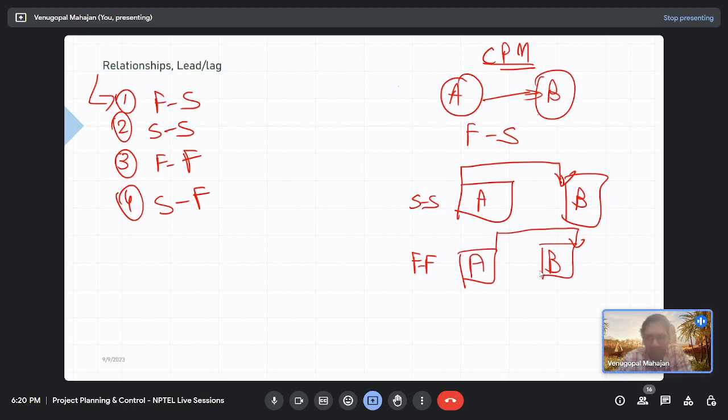No, sir. Why not? I mean, before your excavation is completed, can you complete your reinforcement work? Sir, we can start, but the finish timing does not depend on the start time, sir. Both are separate activities. The relationship will be the same. Okay, both are separate. So let us take another example.